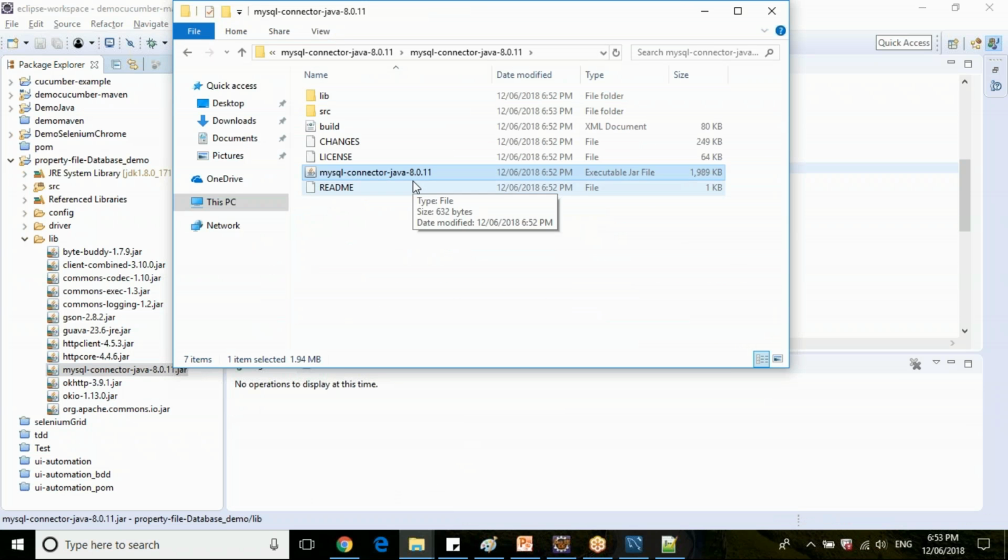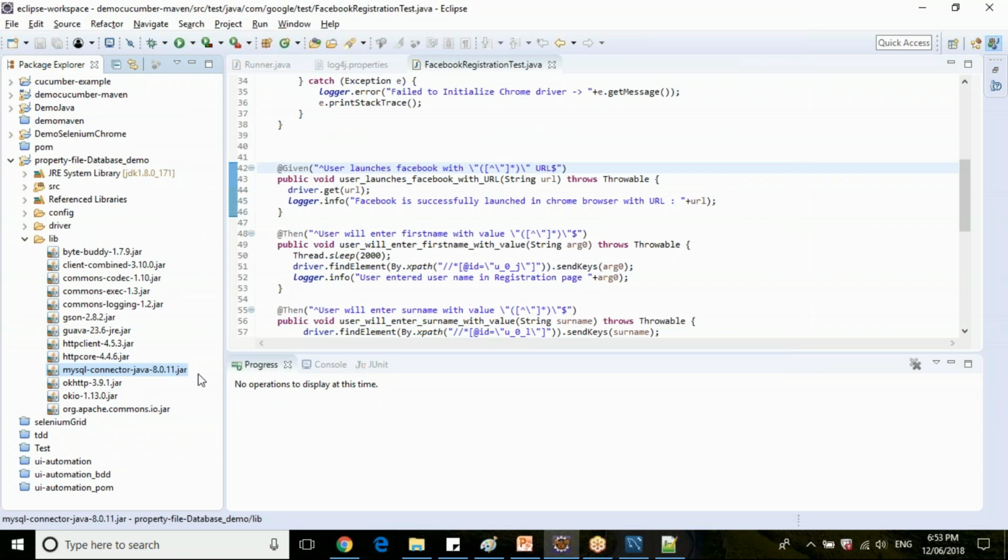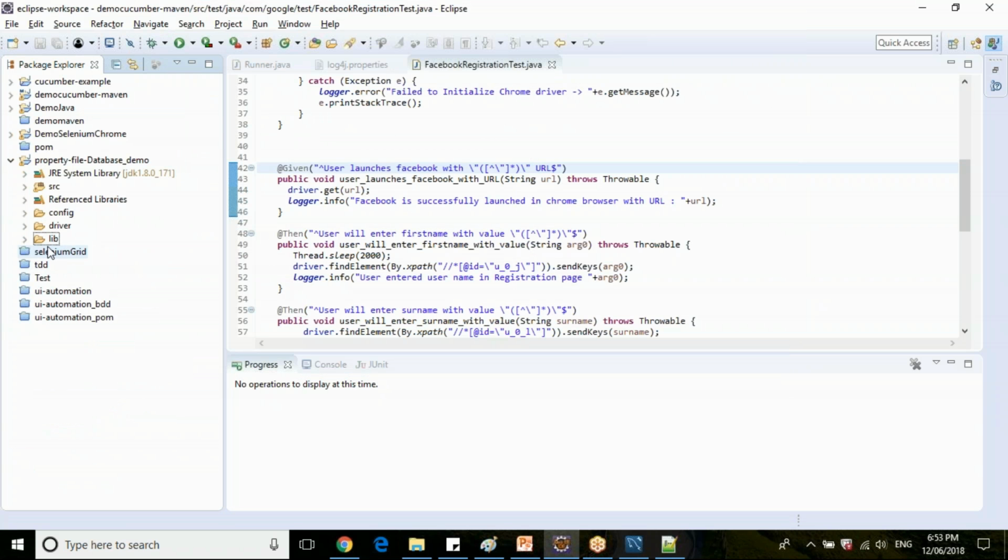So this is your jar file, guys. This is what I have copied. So you have just downloaded the MySQL connector jar and added it to your build path. Clear? That is the only jar which is required for you to perform your CRUD operations on the database.